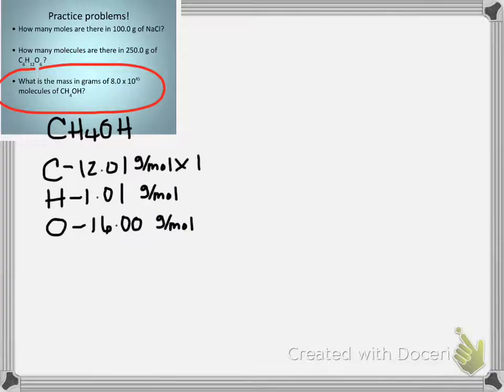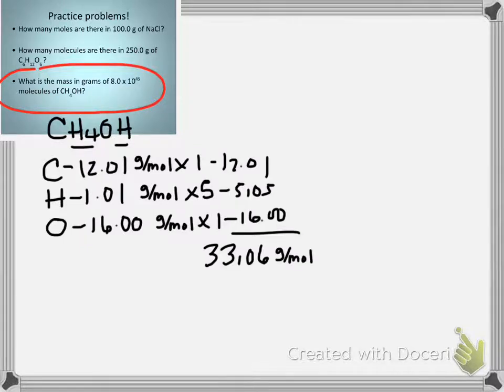Well, it's easy to see that there's only 1 carbon, but how many hydrogens are there? We have 4 here, and we have 1 there, so there are actually 5 hydrogens. And then there's only 1 oxygen. Let's do our math. Okay, we get a molar mass for this compound of 33.06 grams per mole. Now, what we wanted to know was the mass in grams of 8.0 times 10 to the 45th molecules of the stuff. So if we remember our GMA, here we're going from atoms, molecules, formula units, through moles,